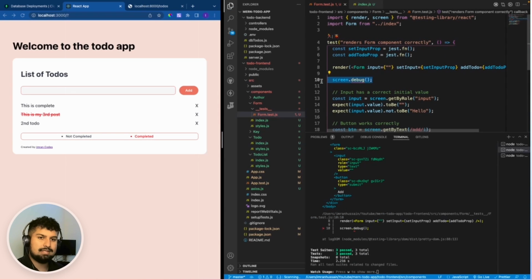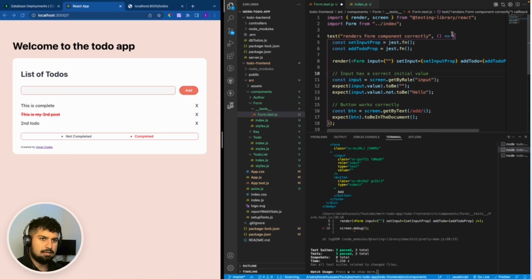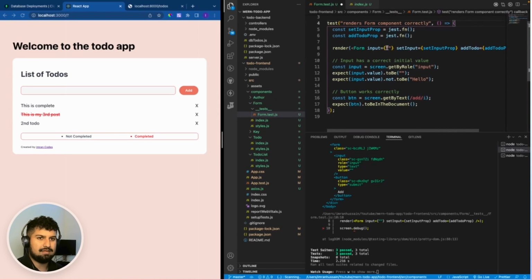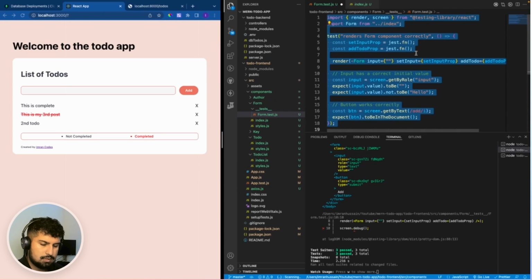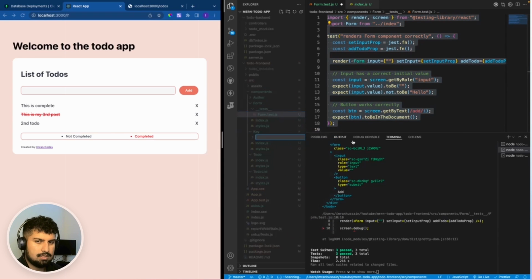Now these are very basic tests. We could go into them further. We could render more tests in here, pass different inputs and expect the outputs to be correct. We could also test the functionality of the button when we click it, but we're just going to keep it simple for now. So if I go into the key folder, I'm going to create an underscore test underscore again,